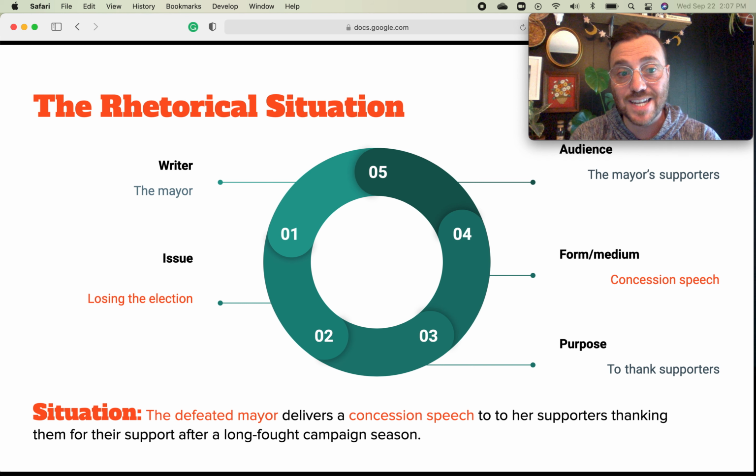So we can see how the 5 components of the rhetorical situation allow us to investigate a particular communication moment and pay attention, break it down to its constituent parts, and then observe how things may be different if the circumstances shift or change.